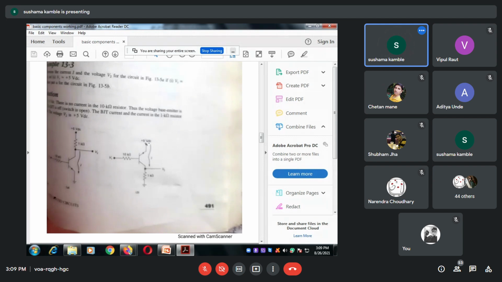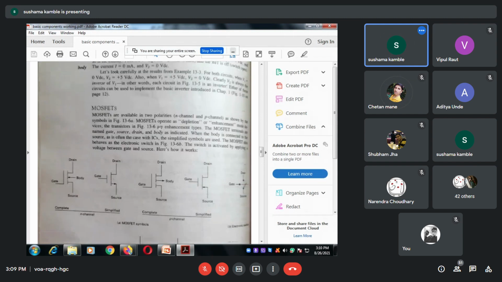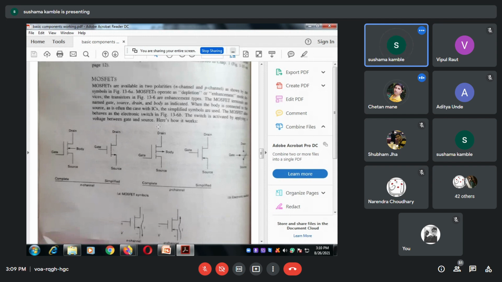ठीक है, तो यहाँ पे मैं क्या बोल रही हूँ, ये जो एग्जाम्पल दिया है उसका सिर्फ एक्सप्लेनेशन इस पेज पे दिया है कि ऑन कब रहेगा, ऑफ कब रहेगा. आप अपने आप से खुद से करो. एक बार अभी मैंने बोल दिया तो आप अपने आप ऐसे लेके करो कि यहाँ पे इतना वोल्टेज दिया है, वहां पे उतना वोल्टेज दिया है, ऑन कब हो रहा है, ऑफ कब हो रहा है. यहाँ पे बहुत अच्छी तरह से एक्सप्लेन किया है. आप लोग वहां पे देखो एक बार. Go through it, MOSFETs, diagrams and all.